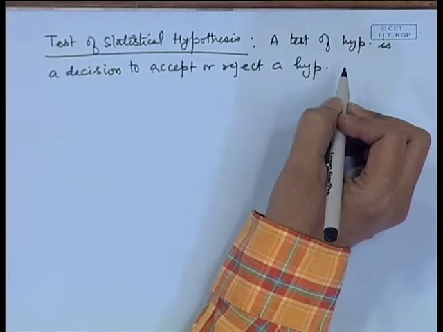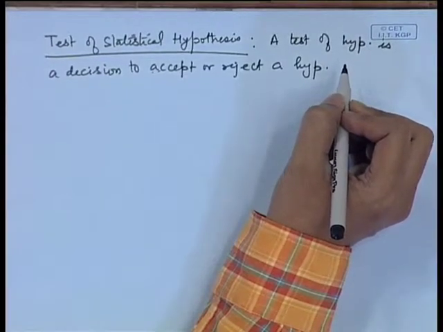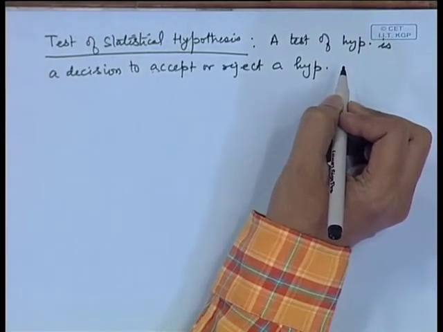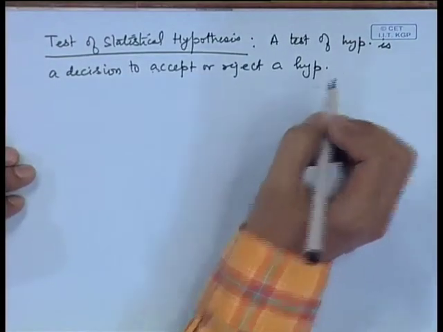Now, here let me specify the practical aspect of it. Since the decision is based on only a sample, if the sample does not support the hypothesis, we say that there is no reason to accept the hypothesis, or you can say the hypothesis is rejected on the basis